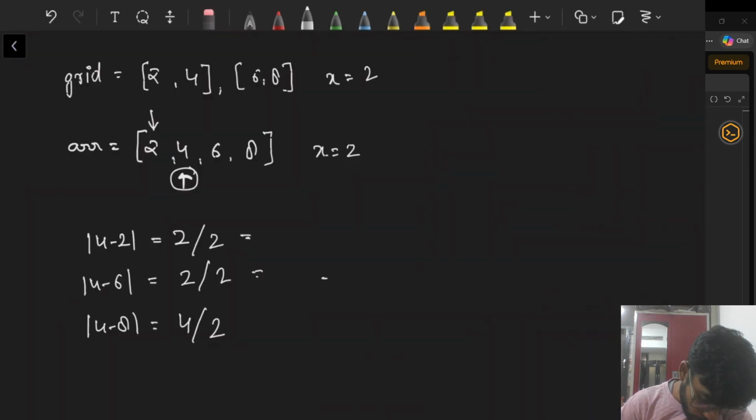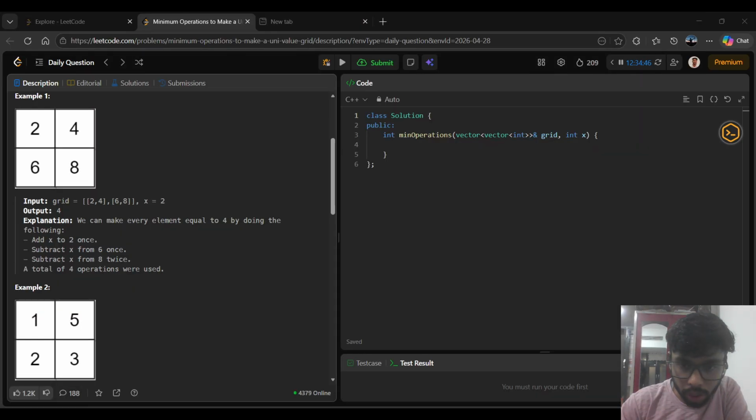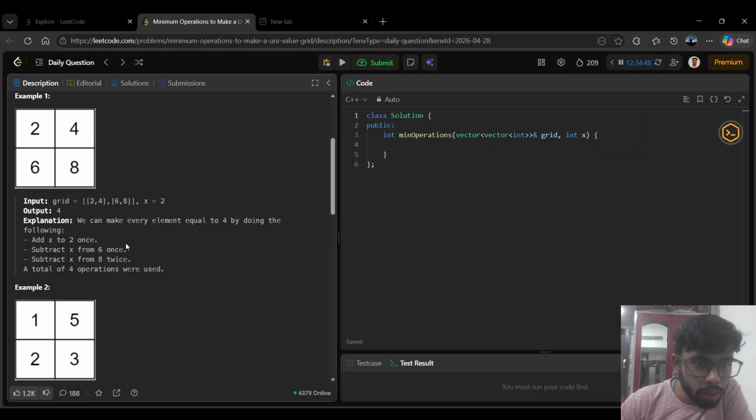Yeah, we have to divide by 2. That will give me 1, 1, and 2. So the total will be 4. And in the test case as well, it's given 4. So